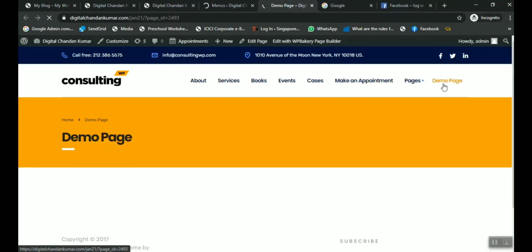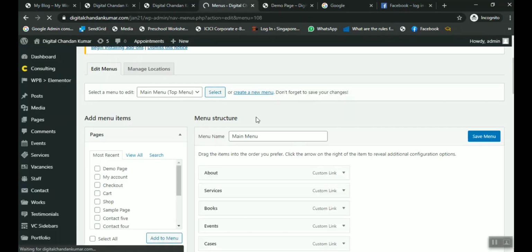So it's visible here. That's great. So in this way we create the menu. If you want to move this demo page to the first option place, simply we need to click on the demo and just drag it up.